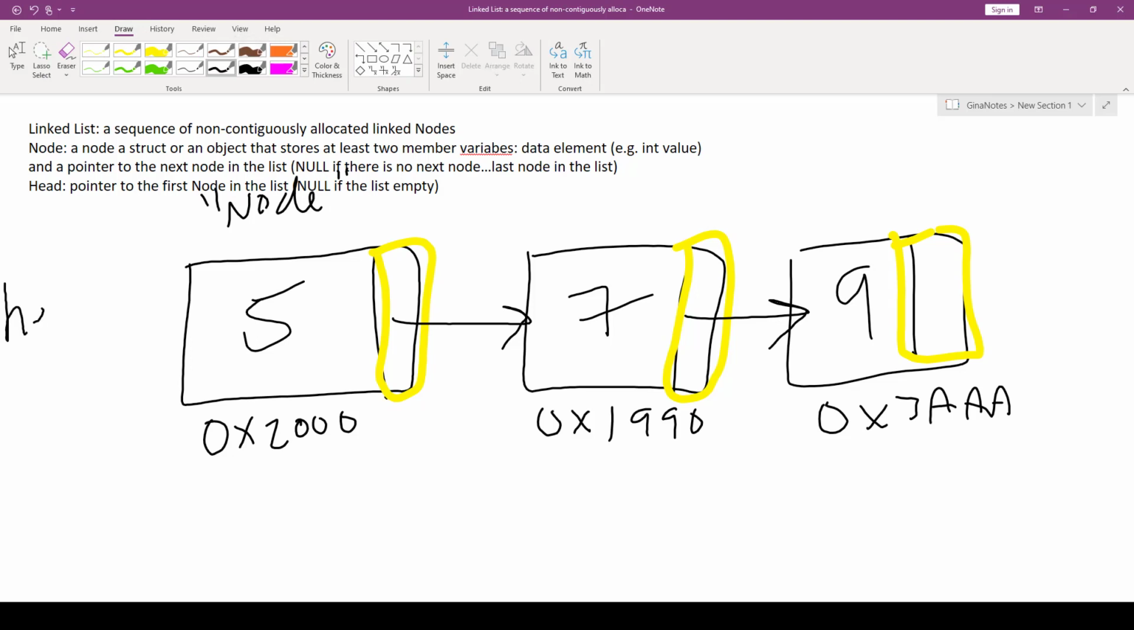So over at the beginning, I'm going to have head. Head is going to point to this first node. Okay, the first node is at hex 2000. It stores 5. Its next pointer stores 1990. Okay, so it's going to point to the node at 1990, in which case, here I can even draw this. We can follow the node from 5 to 7. 7's next pointer stores 0x3AAA,